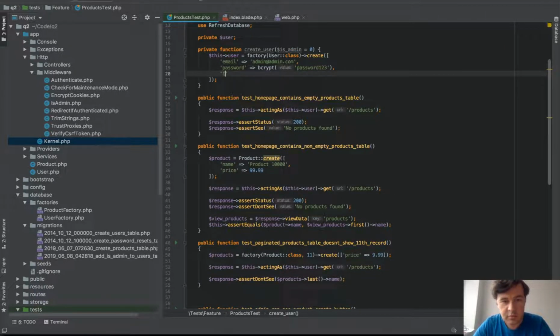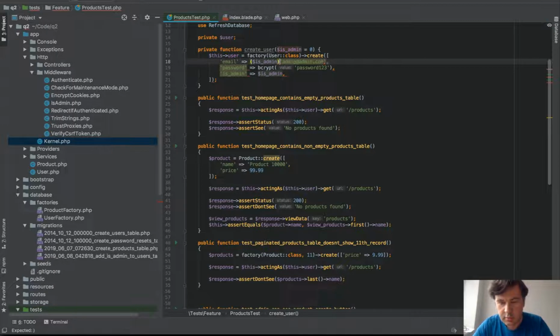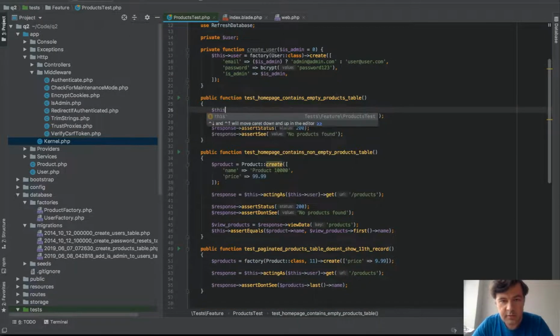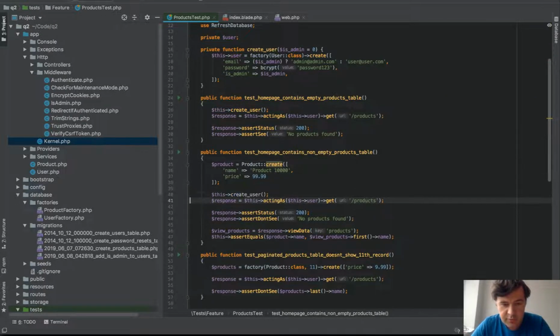is_admin equals isAdmin, and then we will probably change this, so if isAdmin, then email will be admin, else will be user at user.com. Right, createUser, and then this createUser. We don't need to return anything because it is saved in the private property. So this createUser, also this createUser here,